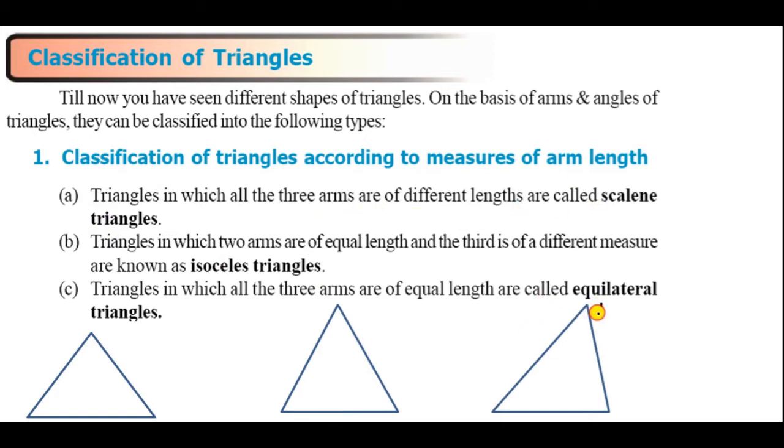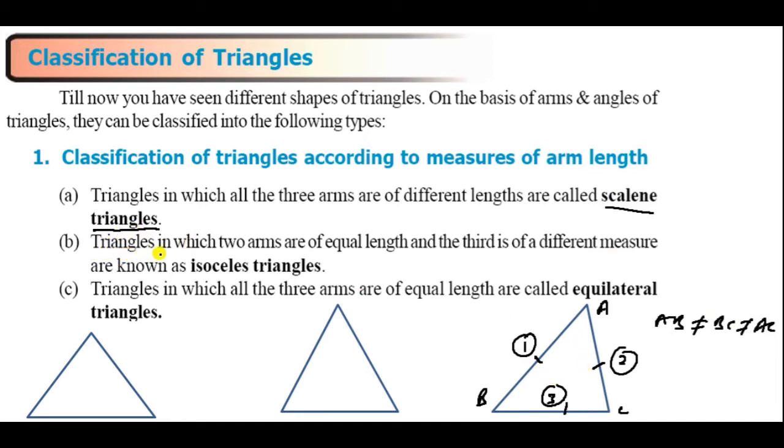In this you can see here in this figure A, B, C. These sides are not equal. This is the first side, this is the second side, and this is your third side. All sides are not equal. So AB is not equal to BC, is not equal to AC. That one is called a scalene triangle. Always remember, in a scalene triangle, all the three sides are unequal.